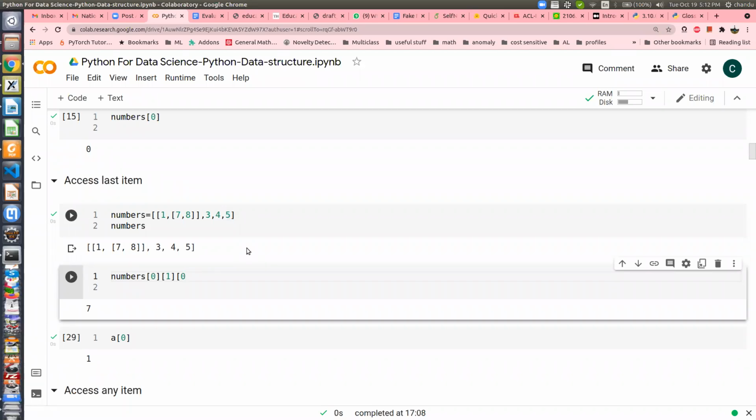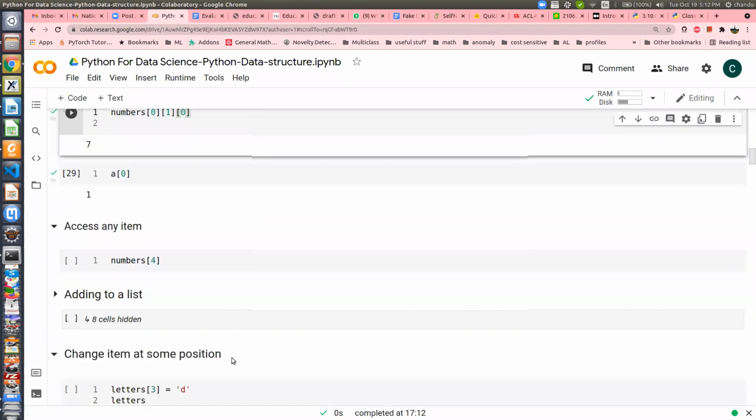So it will return me 7. I just combined all those indices together, so that's why I'm getting 7 here. Is that clear? Okay, very good. Let us move on.